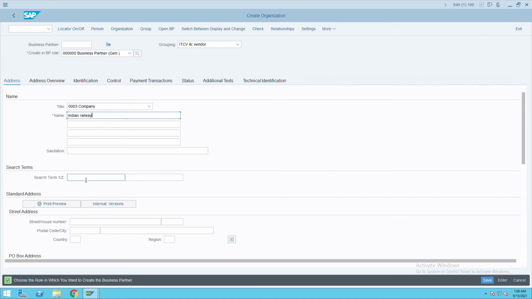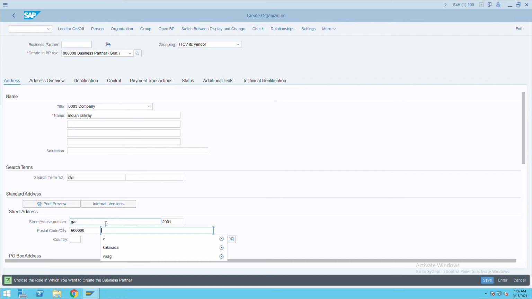So Indian Railway, I will give railway, and street it will be, and 2001, postal code like 60000, and city